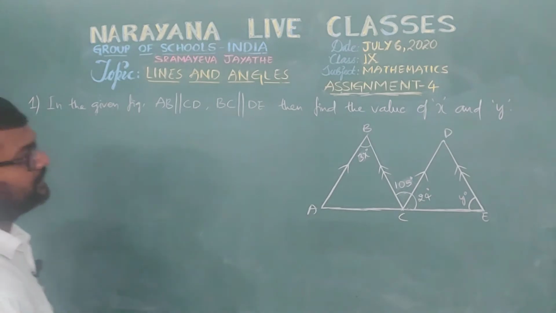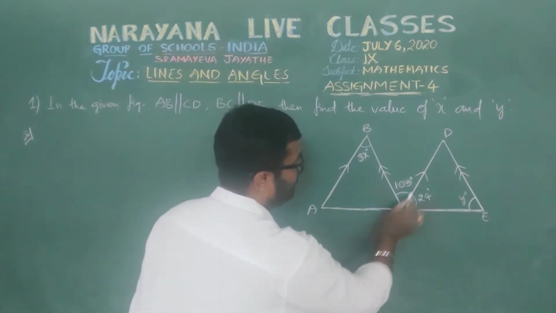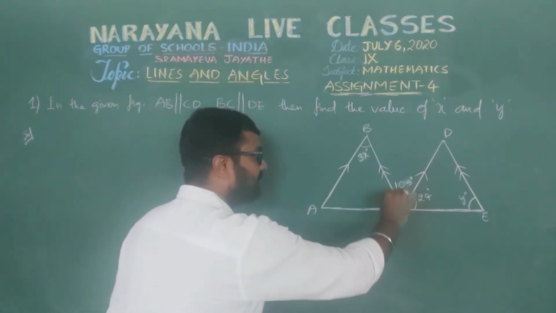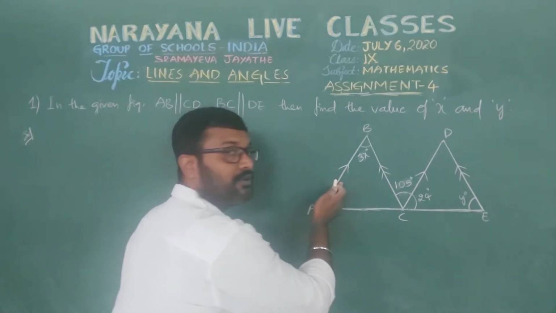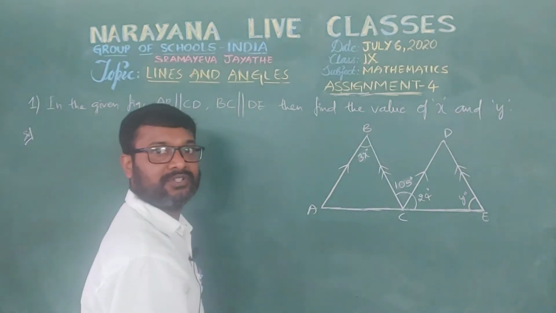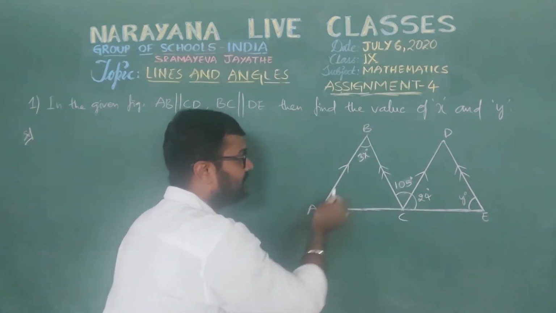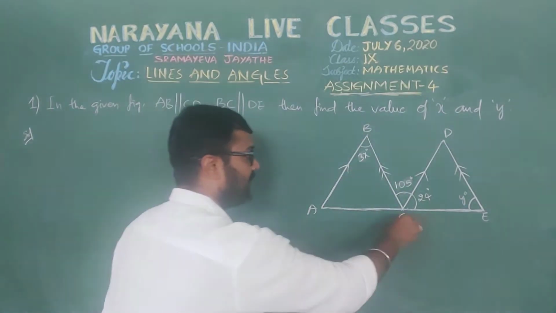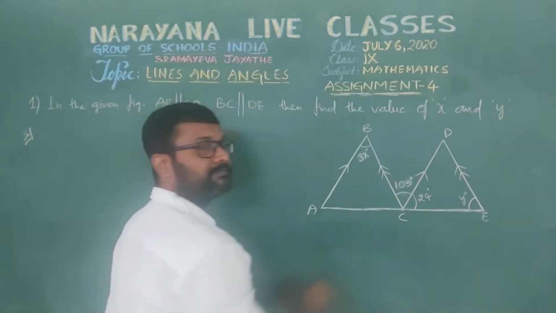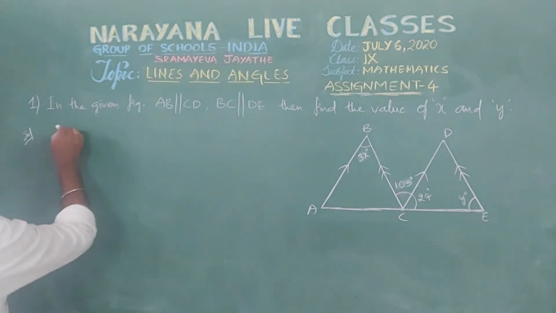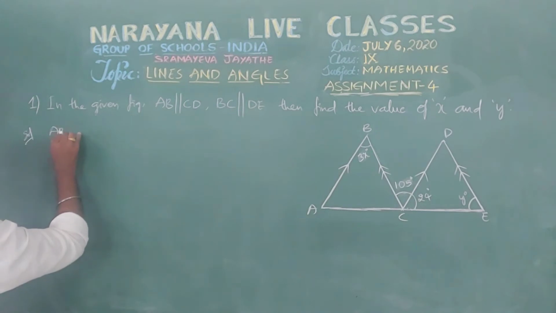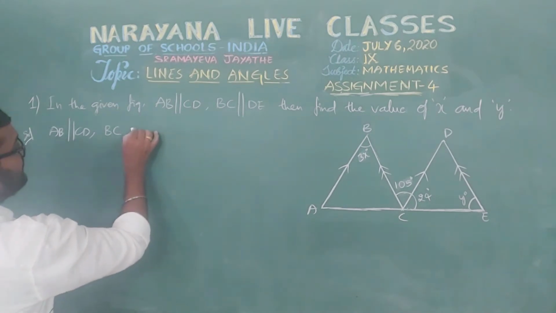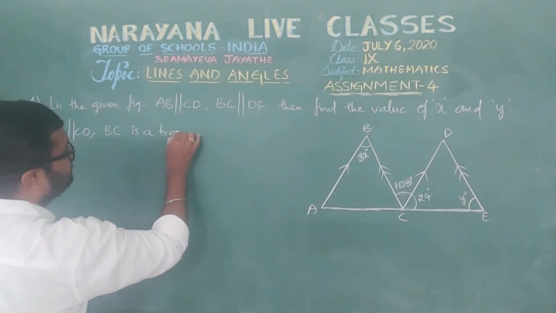Now if you observe here, when AB is parallel to CD, this BC line is a transversal to both AB and CD. Why? This line is intersecting these two lines at two distinct points, isn't it? The BC line is going like this. So now, when AB is parallel to CD and taking BC as a transversal line,